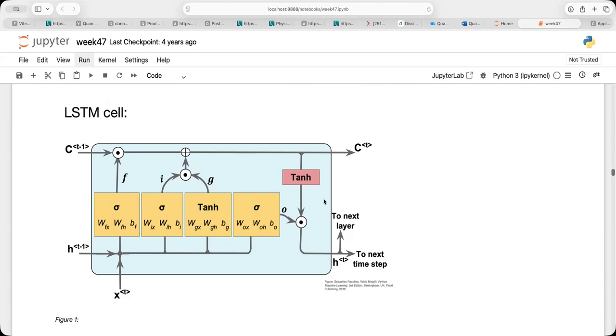What you have then is a memory cell, which, when activated or not, tells you which memory to keep track of. So the hope is that C takes care of the long-term memory. And then you have an h of t-1, which, if you think back to the recurrent neural network, is the one which keeps the short-term memory, the memory from the previous recurrent unit.